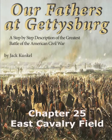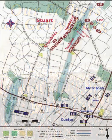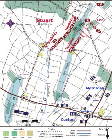This is an animated supplement for Chapter 25, East Cavalry Field, from the book Our Fathers at Gettysburg by Kunkel. Sometime around mid-morning on July 3rd, Lee had ordered his cavalry commander, Stuart, to circle behind the Federal lines and